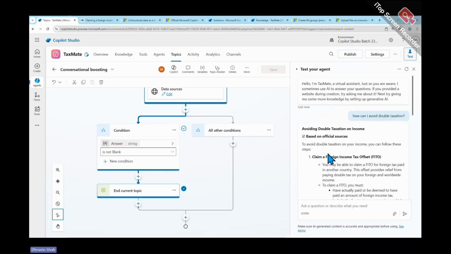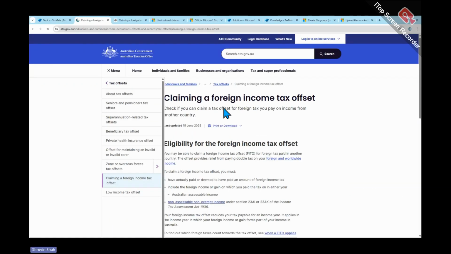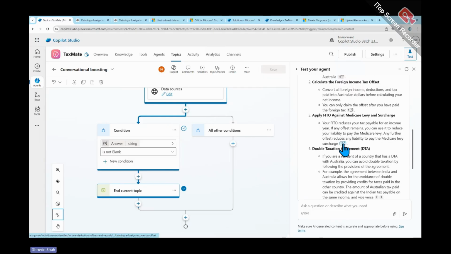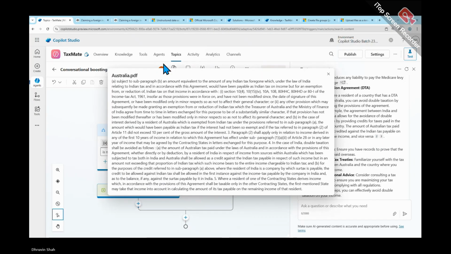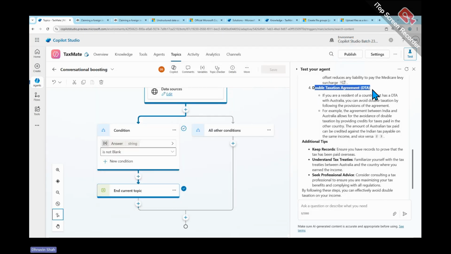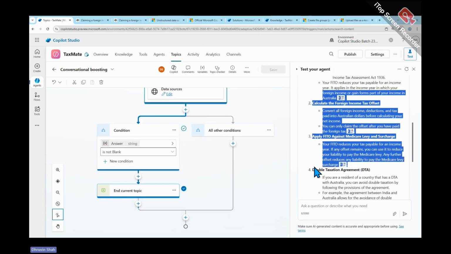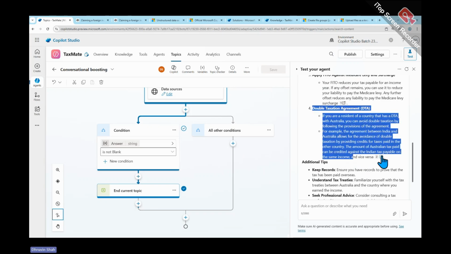Now, if you start reading this, for the official source, meaning your website, it's showing you a line saying, okay, this is coming from your site. When you look at the link, it just redirects you over here. You know exactly where it is picking up from. Then it came up with some additional stuff as well, like it found this double taxation agreement. So it combined these three results from the website. The fourth result it found from the file, so it got that result as well